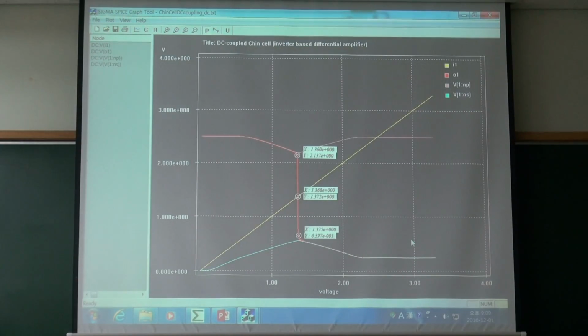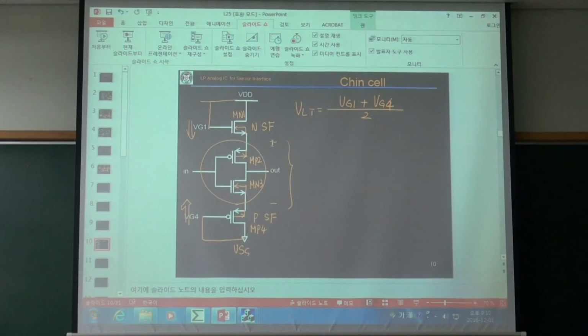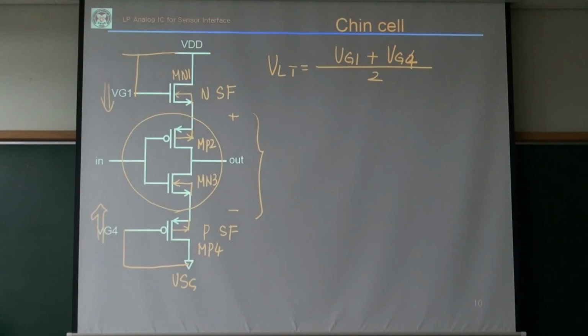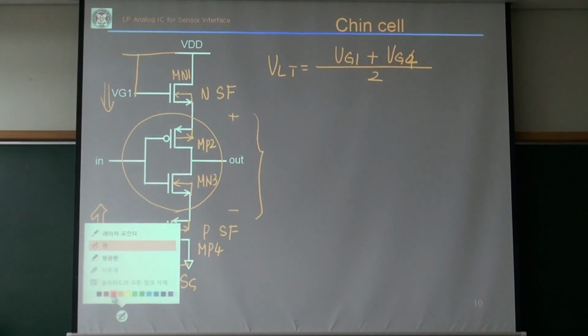No, the question is, you say NMOS mu Cox W over L and PMOS mu Cox W over L. If they are different, right? NMOS mobility is different from PMOS mobility. But however, that part is compensated, you know, because of this source follower. You've seen it before, right? Because of this source follower,